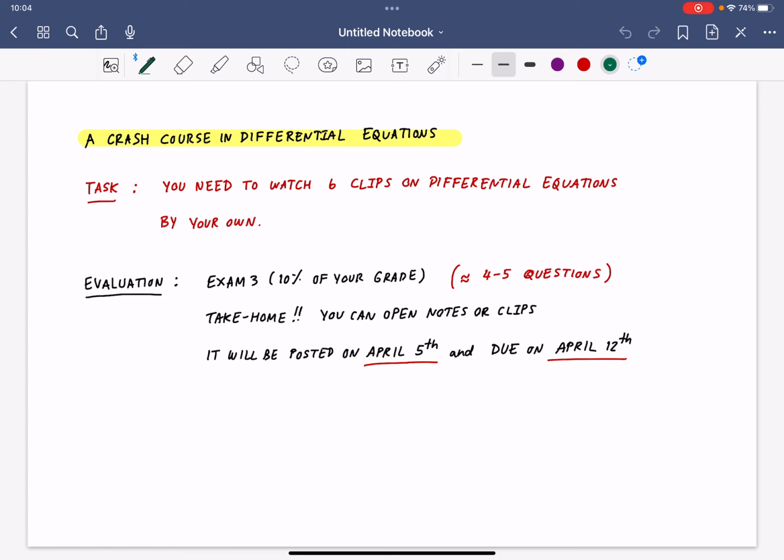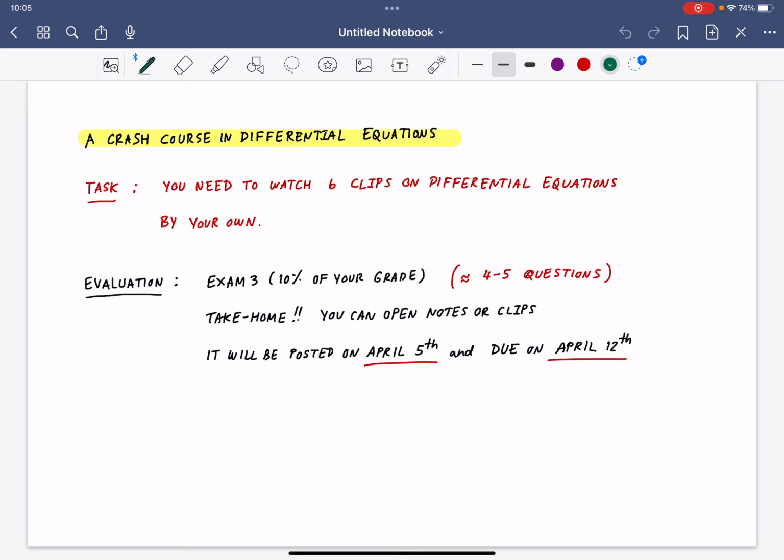We're going to show you some examples today, but you can work on more examples in the clips that I posted before midterm, the 6 clips about differential equations. But today we're going to do some examples to give you the idea of what you're going to learn, so when you watch a clip, it's going to be easier for you. The idea is that today we're just going to go over all of differential equations, the thing that you're going to learn, and what you're going to be